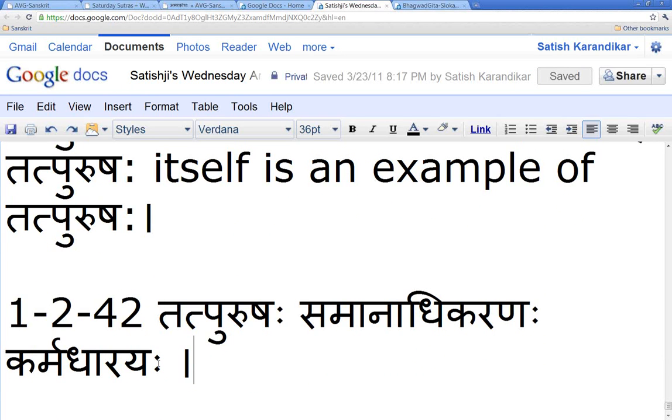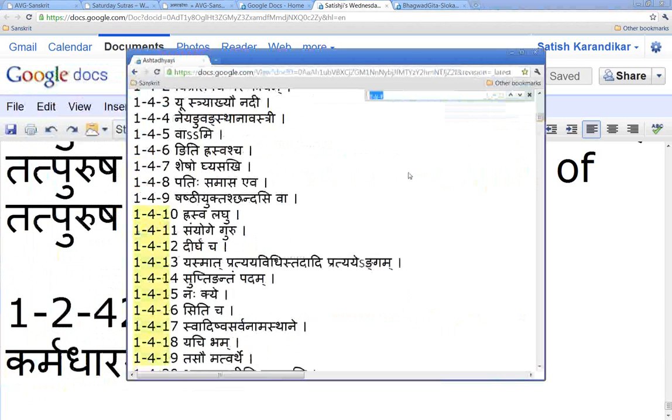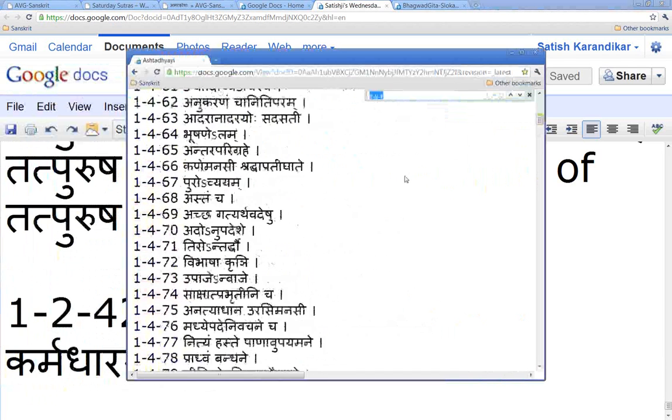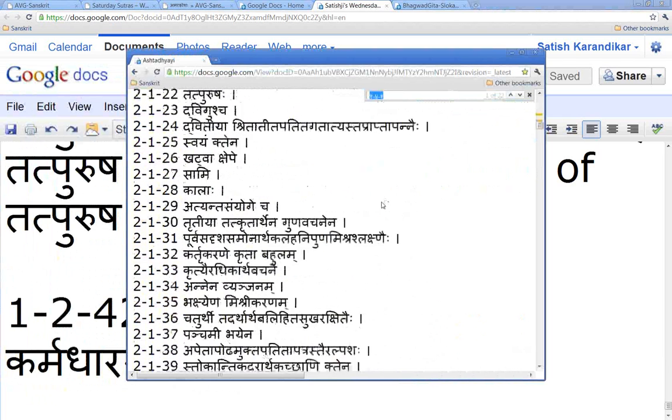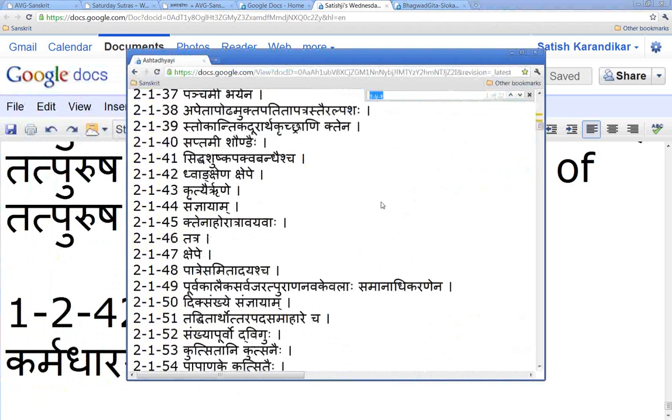Now, where are these defined? While we are exploring our neighborhood in the Samasa land, where are these defined? They will have to be between 2122 and 2222. We just talked about that. The entire Tatpurusha Rajyam is from there to there. The reason I keep coming back to this is that there are only 100 rules which define all compounds. All compounds. So please make it a habit to come here and see.